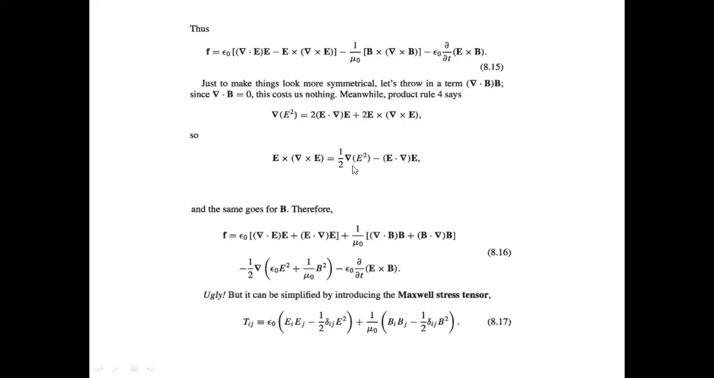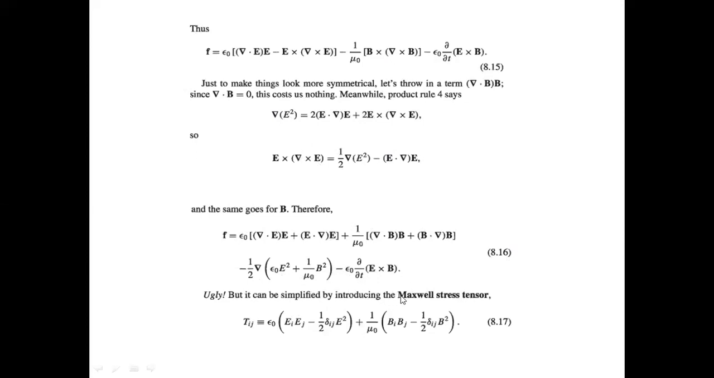You get an expression here because we have E cross del cross E here, that's why we're writing it out like this. So we substitute it here. Similarly we have B cross del cross B, and that also can be written out in a similar way. When we do all that, you essentially get this formula. Now you would recognize that this will be the energy term, and this will be the Poynting vector term, E cross B. We'll come to that in a moment, but we can write this entire expression 8.16